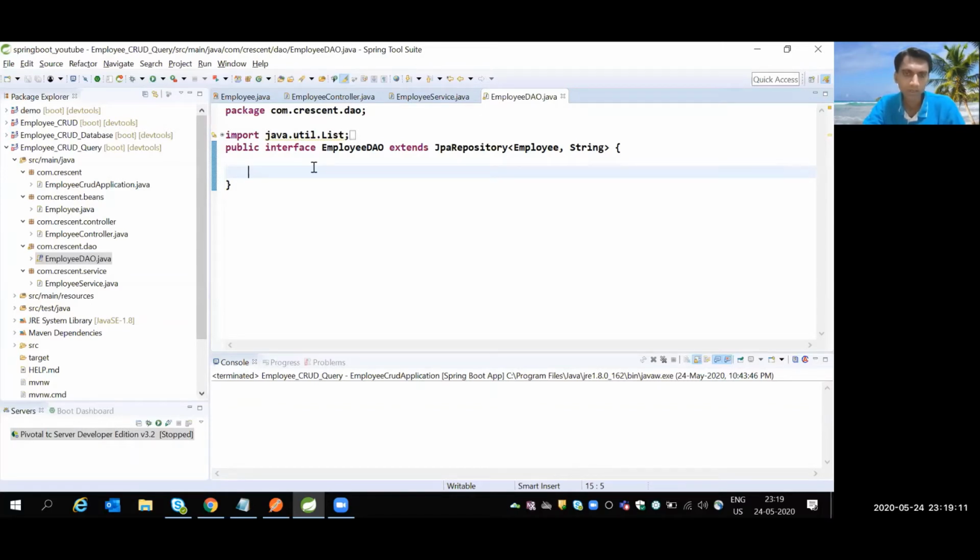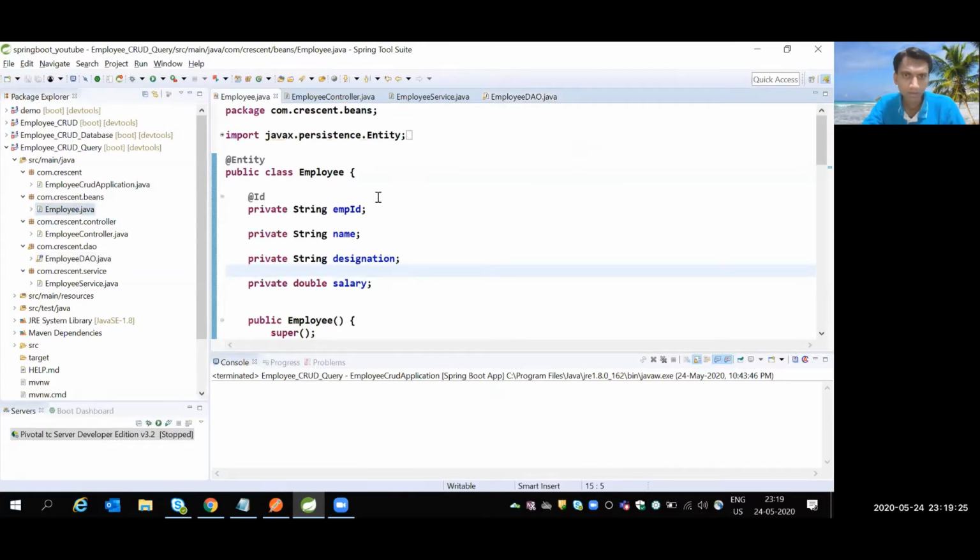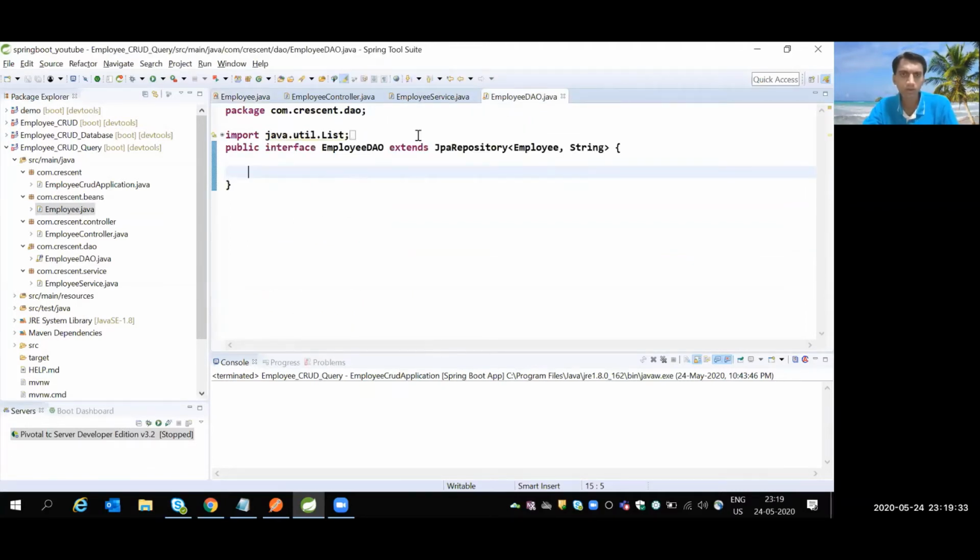Spring Data JPA provides multiple ways for customization. The first approach is that you can find the records by property. By property, I mean employee ID, name, designation or salary. For example, I want to find the employee by name.